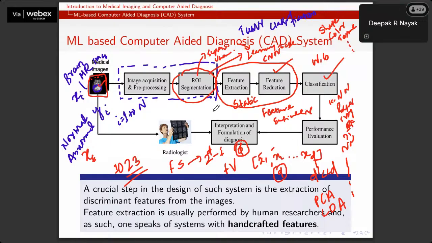But let us now discuss some of the limitations of this. Yes, of course, there are limitations. It involves a lot of stages, and all stages are dependent on each other. If you are not pre-processing the images correctly, you cannot extract the important features. If you are not extracting the important features, then you cannot even classify those images appropriately.